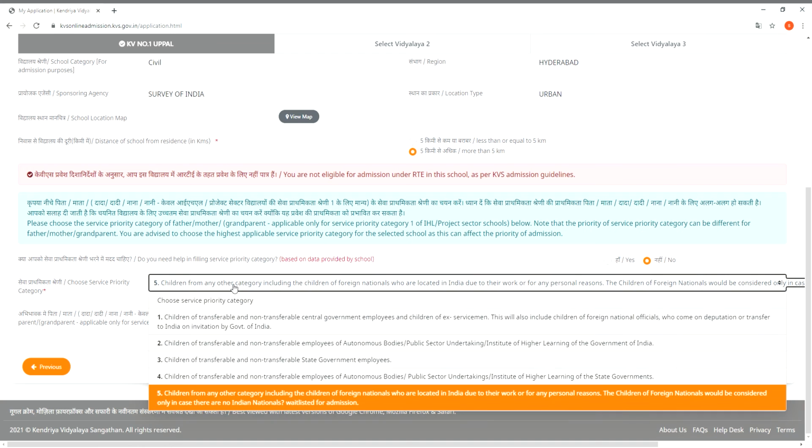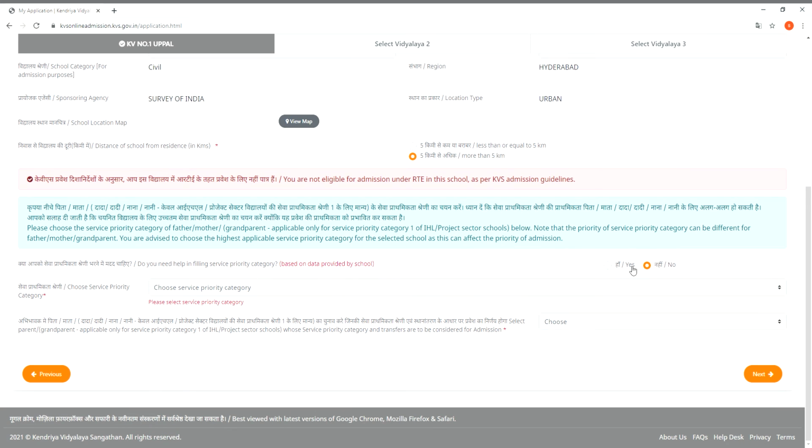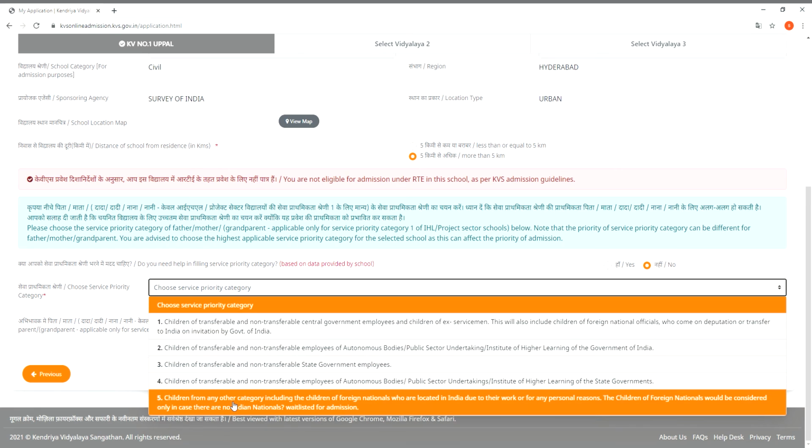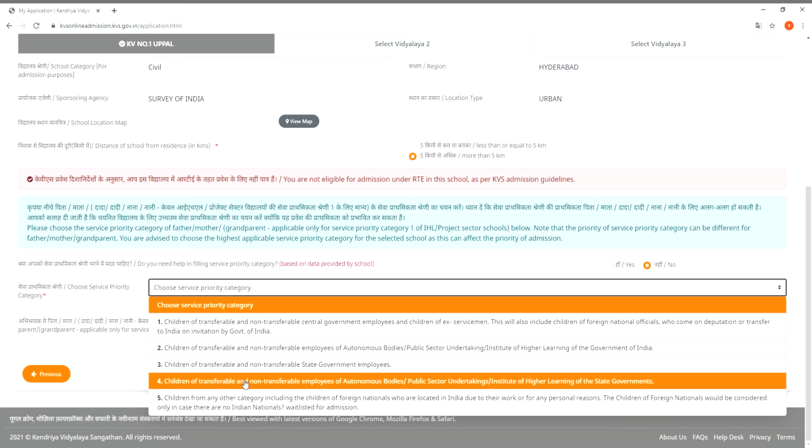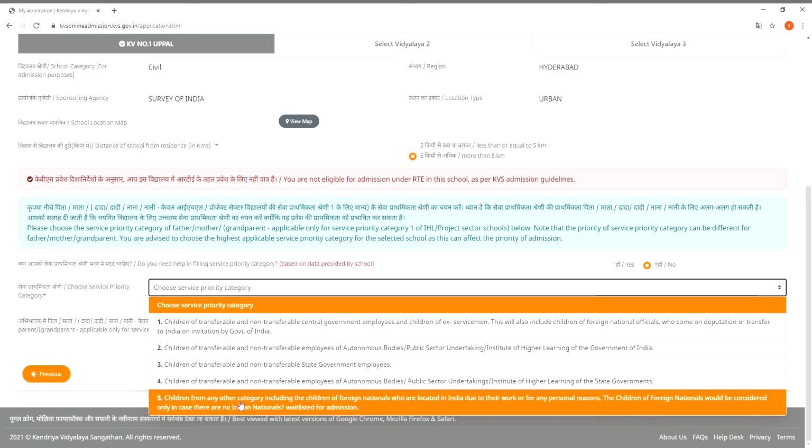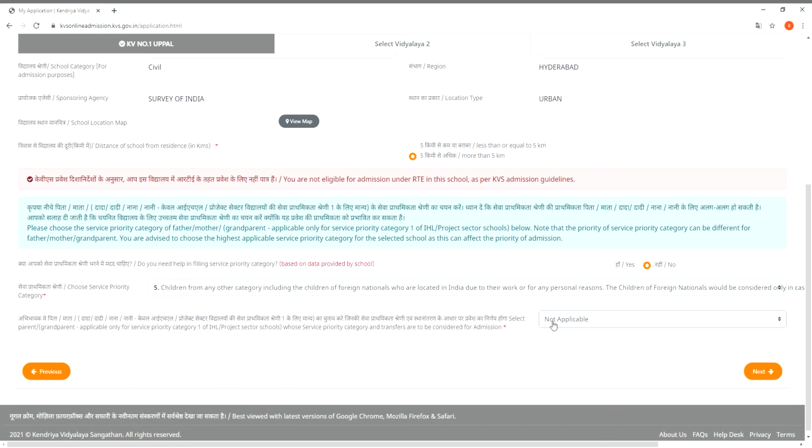Now choose the priority category and select not applicable for this field. I suggest to select yes and then proceed.